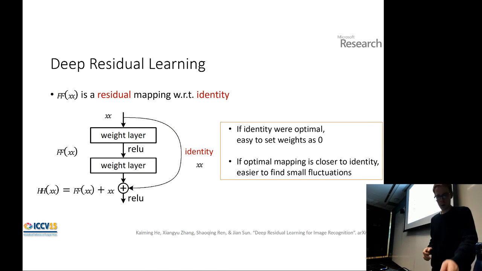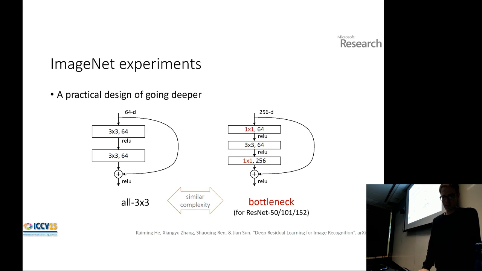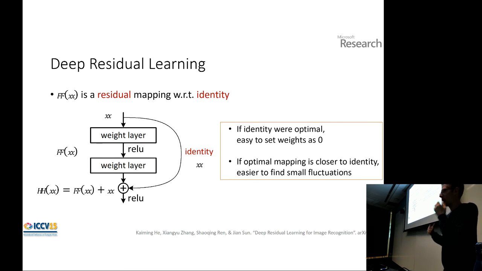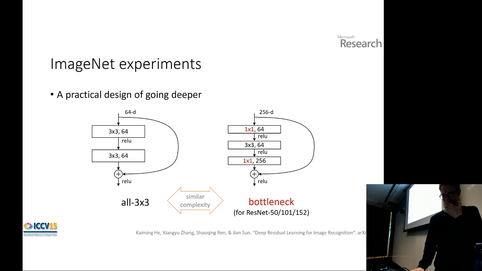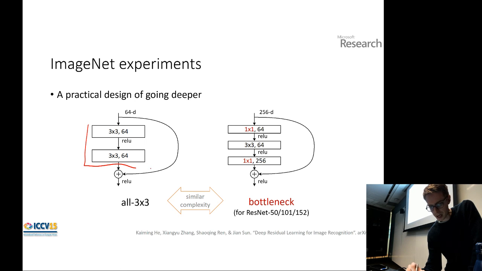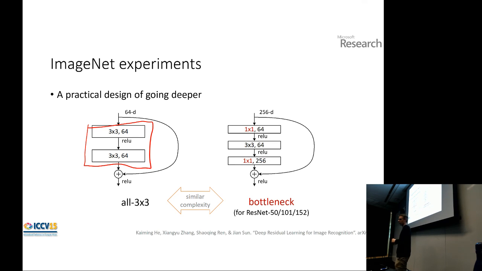Okay, so this is sort of a residual mapping with respect to identity, and there are more modern variants of this where you maybe take some weighted linear combination of these. But here, just this simple way of doing this identity works incredibly well. And they had this additional, very interesting insight, which is, the usual way of combining convolutional layers was to do, say, all 3x3 convolutions. Okay, so all of your convolutions are these little 3x3 matrices.